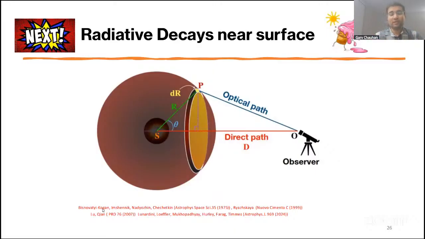Now coming to the new work that we are currently working on with Cecilia. It concerns not the decays outside, as I was discussing in the previous work from this year, and neither is it energy deposition or anything to do with the deeper part of the star. We are more concerned here with the decays that happen near the surface layer of the stellar envelope of